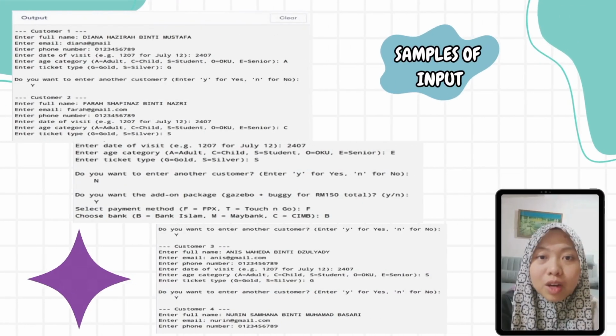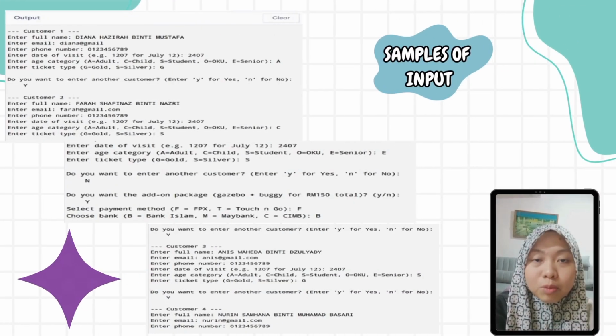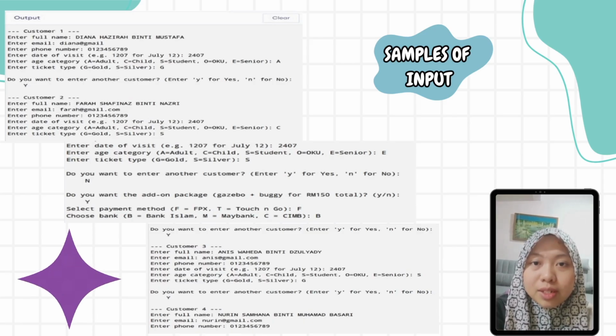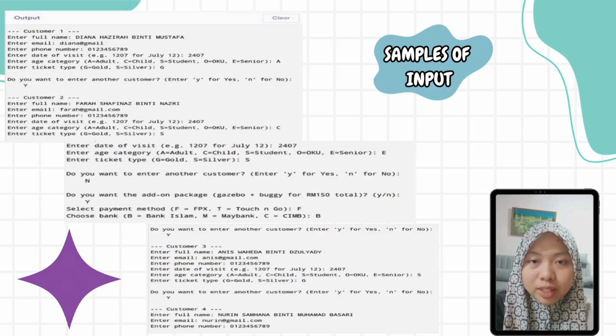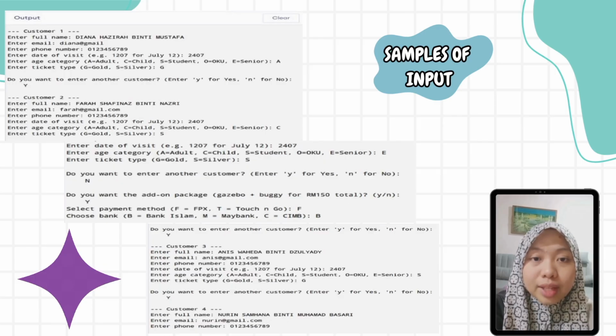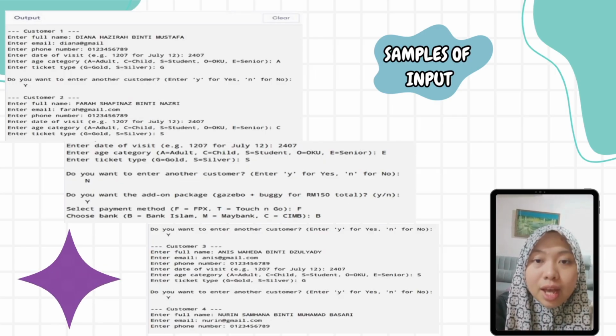Hi, now I'm gonna talk about the ticket booking input process based on the examples shown. First, for each customer, the system will prompt several details. We start by entering the full name, email, and phone number. Next, we enter the date of visit. For example,